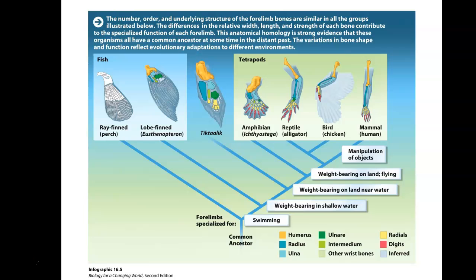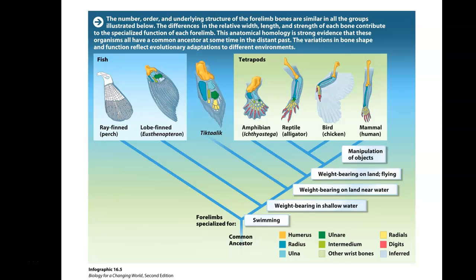Eventually, you are going to make it to tetrapods. So we have true limbs. You can see that the bones that make up these limbs, even though they might have slightly different forms, like an amphibian, it's got more of a web type of footing. We don't have that. And then you have birds. You've got the same basic bones that are there. They just have been modified by natural selection to suit the purpose or the role of that organism in nature.